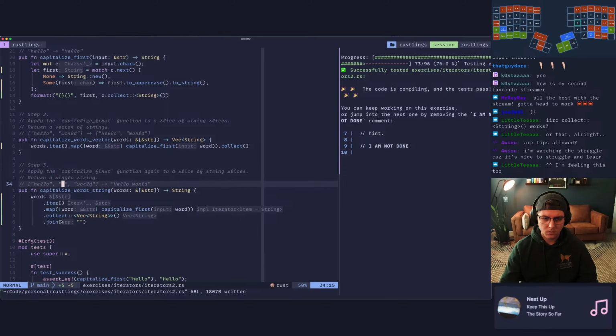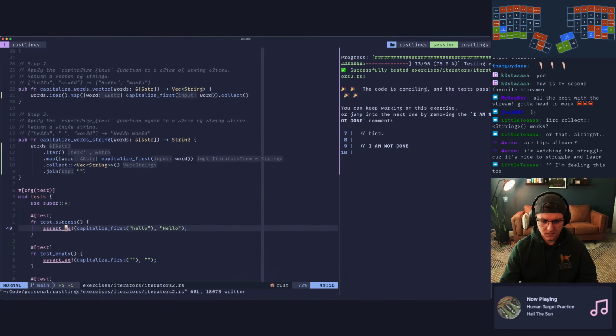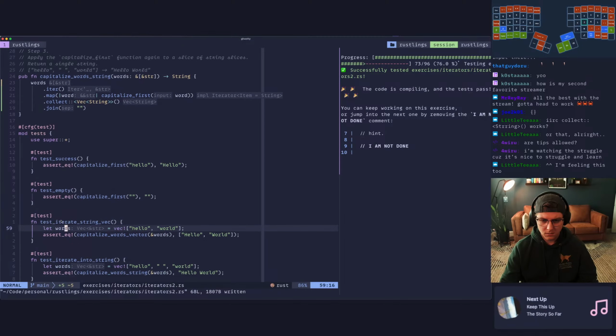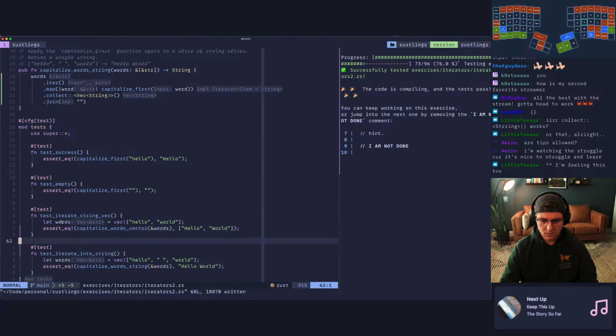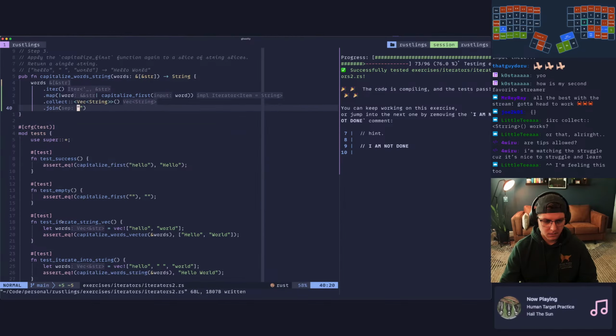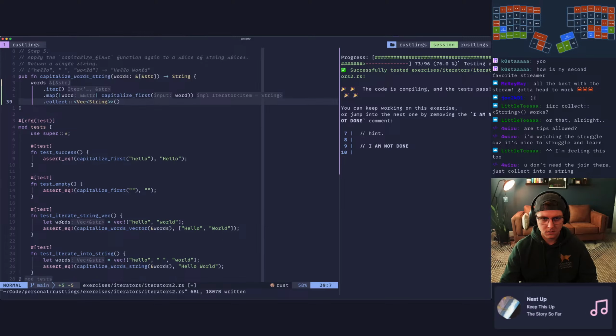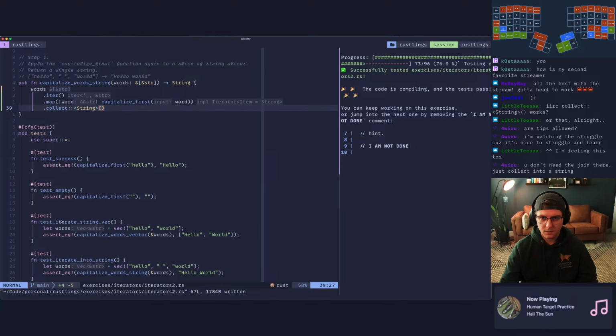Oh, they put the space in themselves. Just collect into a string. Oh shit, I can tell it to collect into a string from the type. Whoa.